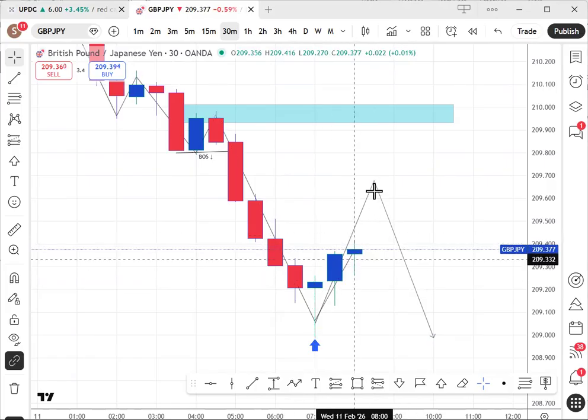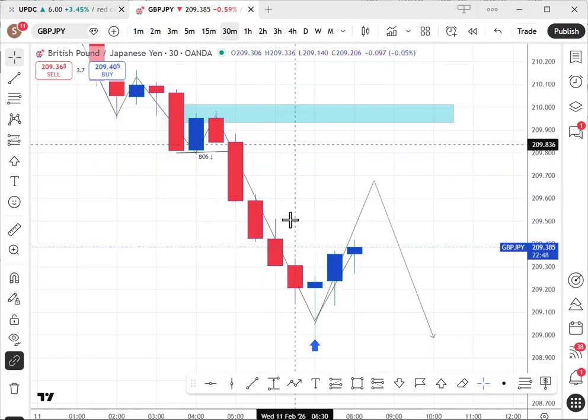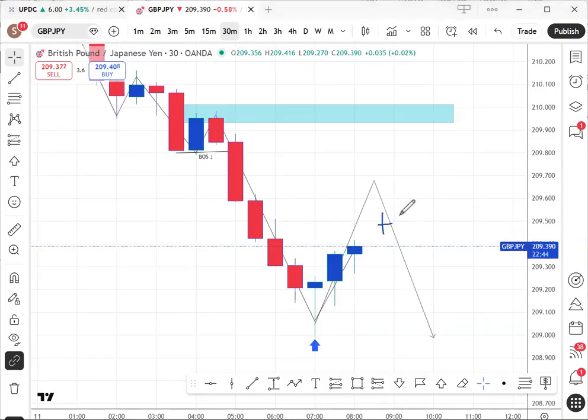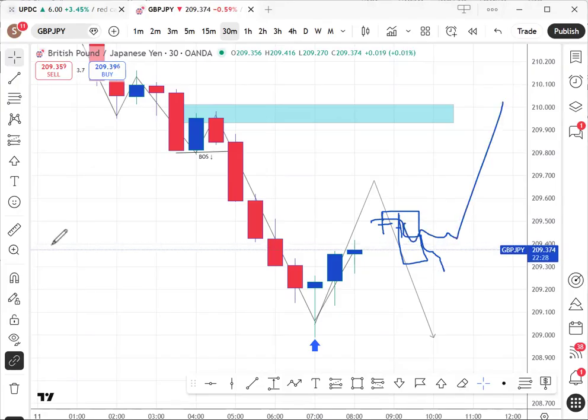So you would have taken that, but you are mindful of the fact that if price then begins to show you some kind of dojis or any kind of rejection candle, engulfing candles and all that, then you know that price is likely to begin to change direction again, or it may just be a pause for it to go back up. So we never know what the market is going to do. We just trade according to our process, always.